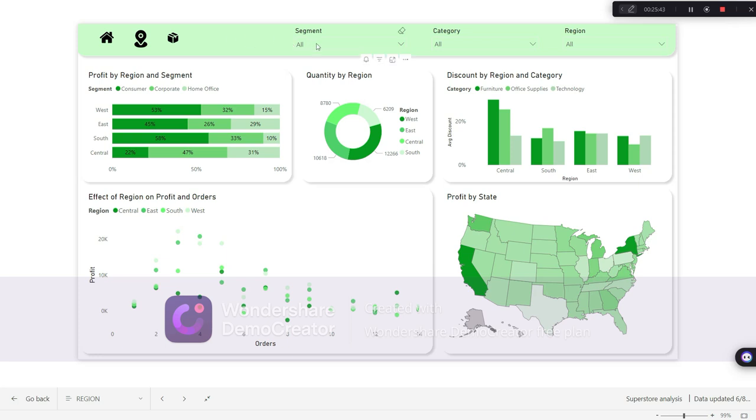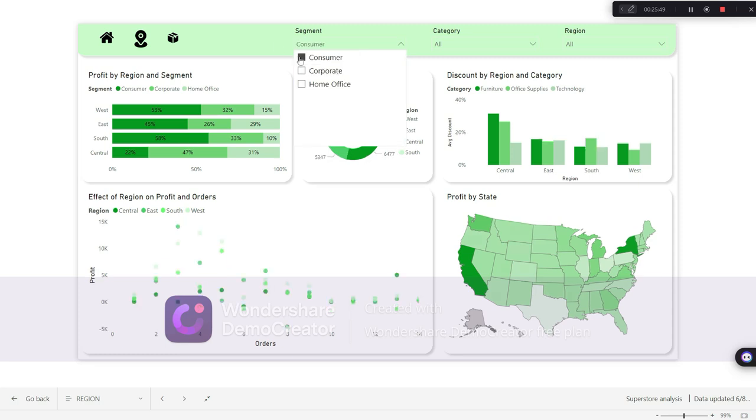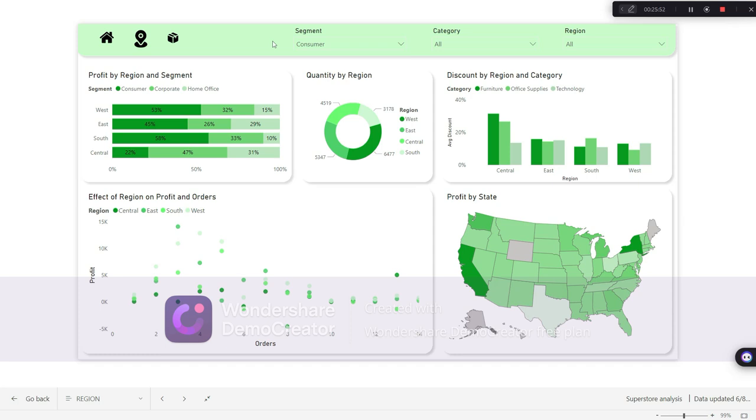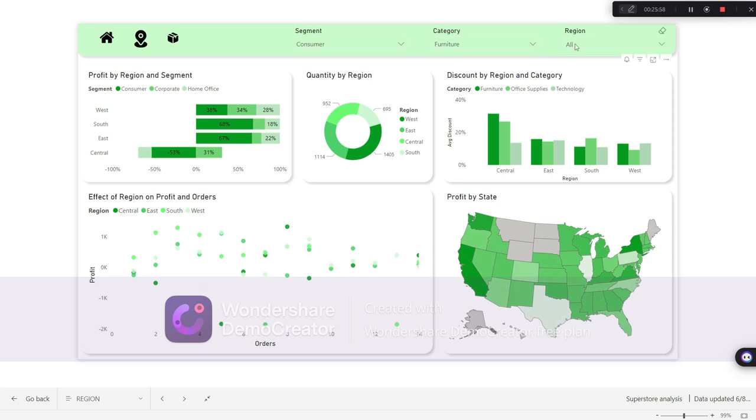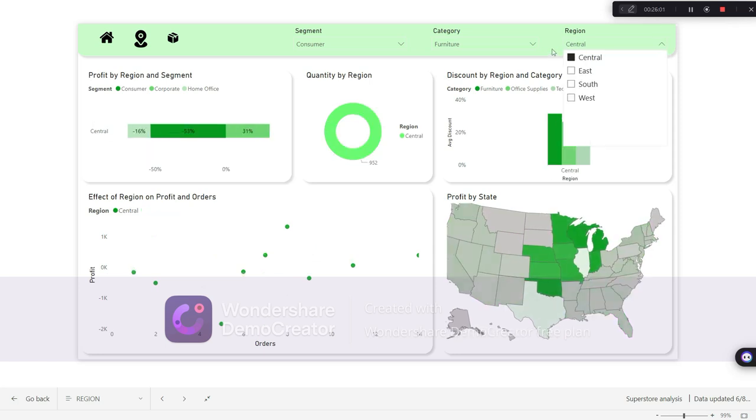Now we see segment-wise for filters. In consumer, for furniture category in central region, for the segment of home office, central region, we made 16% loss, and the biggest loss is about 53% for the consumer segment, in central region,